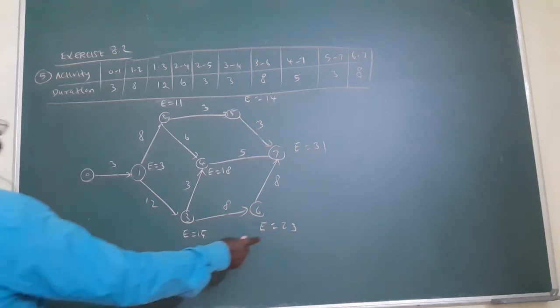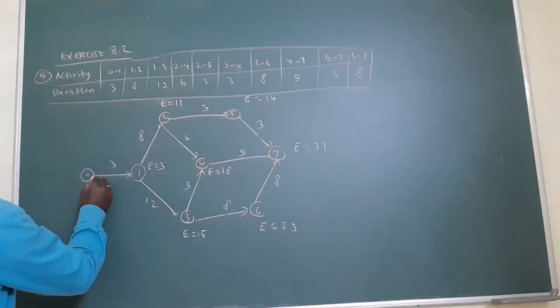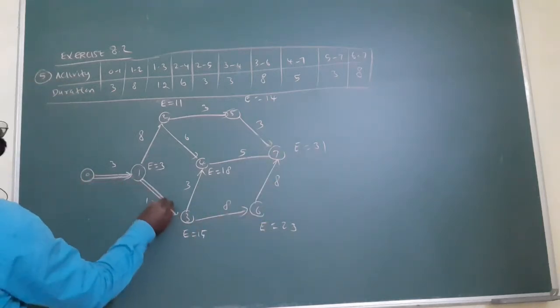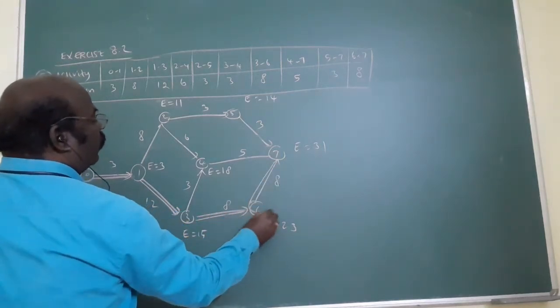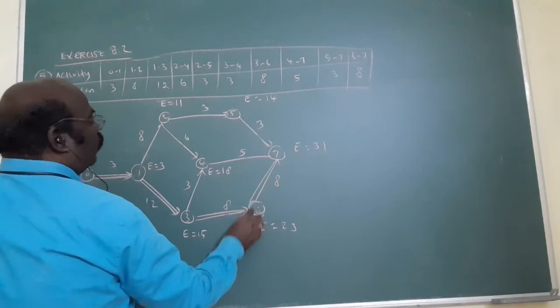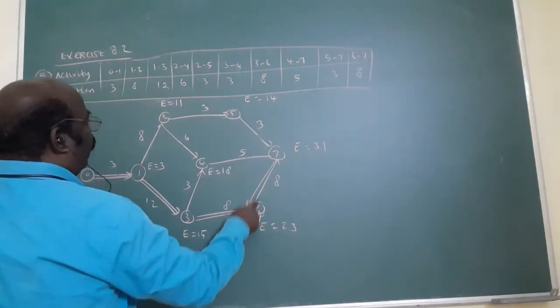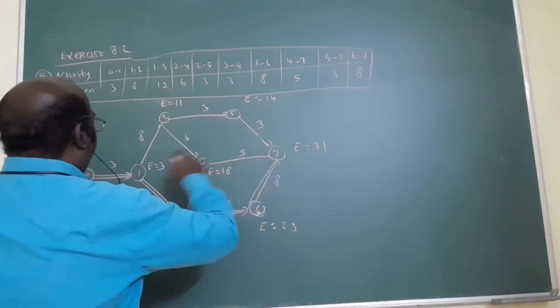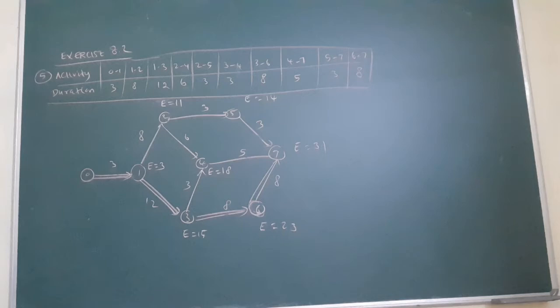Here, you get only the maximum route, from here to here. That's why you put the double line mark. That's very important. From 0 to 1, 1 to 3, 3 to 6, to 7. This is the maximum, 31. Any other route will definitely give a lesser number. That's why you always consider the maximum number. That's why this is a route, this is a critical pathway.